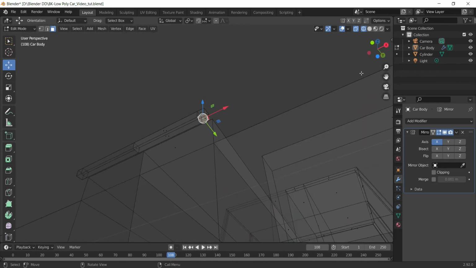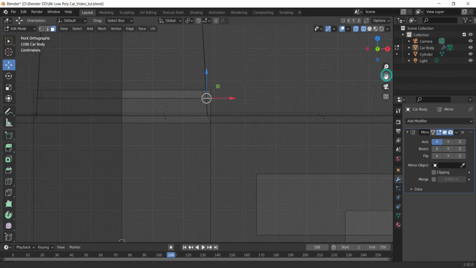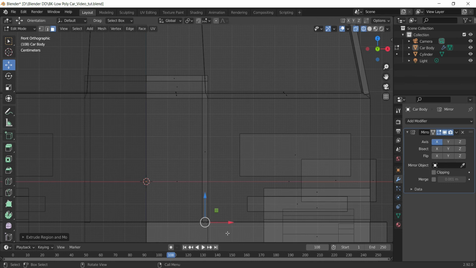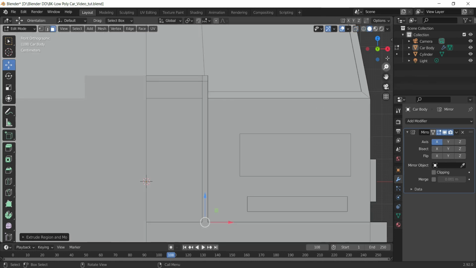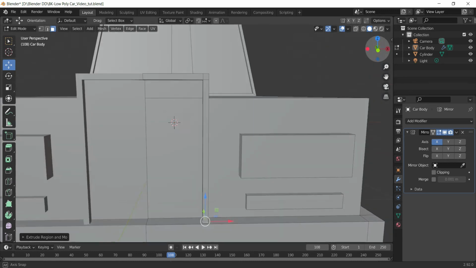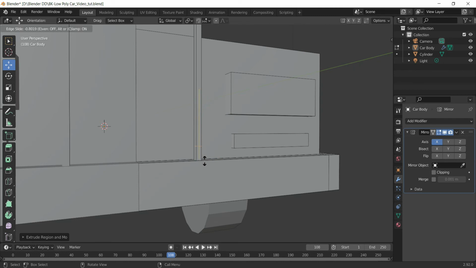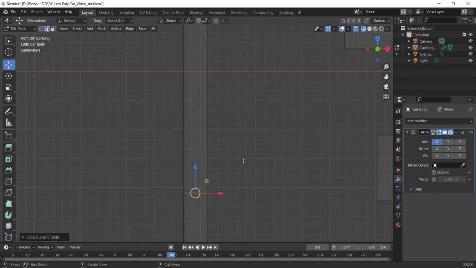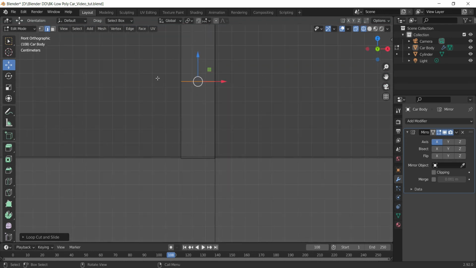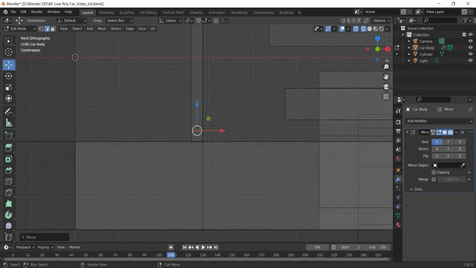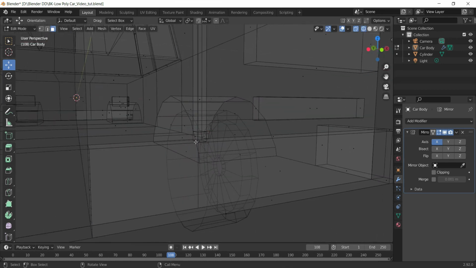And then I'll select this face and I'll extrude it all the way down, just right above the bumper. Let's check it in the solid view. Okay, perfect. Now next thing is I'll add a loop cut over here and bring it downwards, and let's place it here. Fine. Lastly, I'll extrude this face like this,